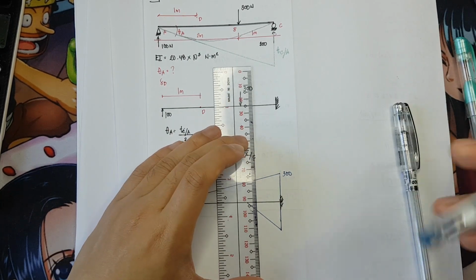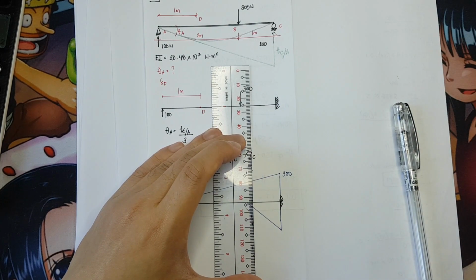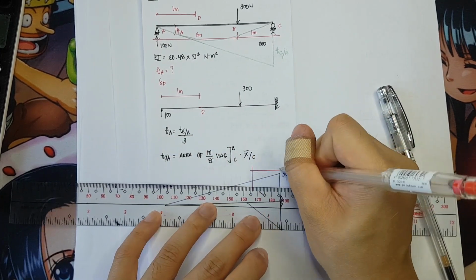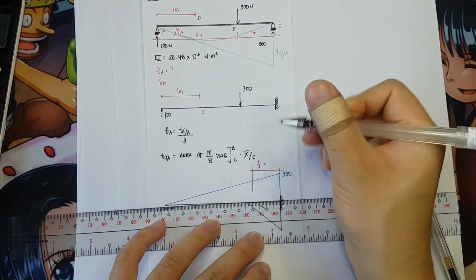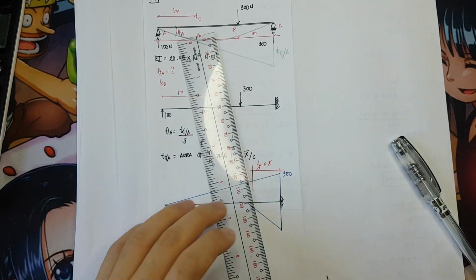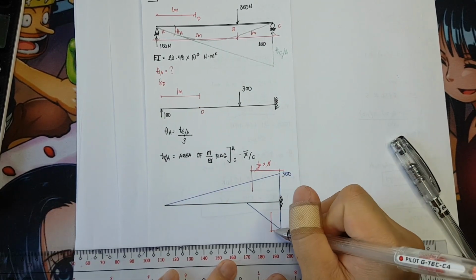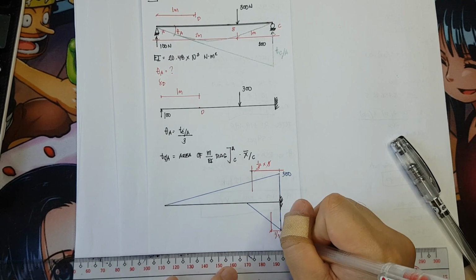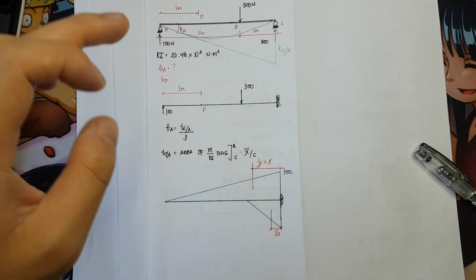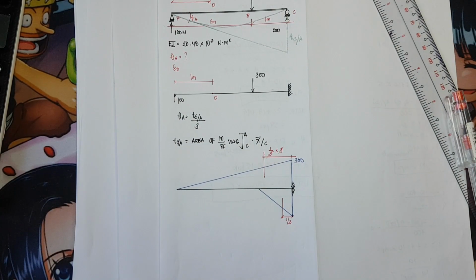So, the lever arm is 1/3 from the base. And that 1/3 is of 3. So cancel out. It is simply 1. Next, we have here the lever arm. 1/3 of 1 is also equivalent to 1/3. So we are now ready to determine our TCA. So TCA is equivalent to